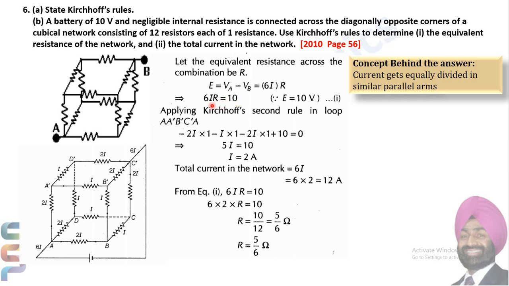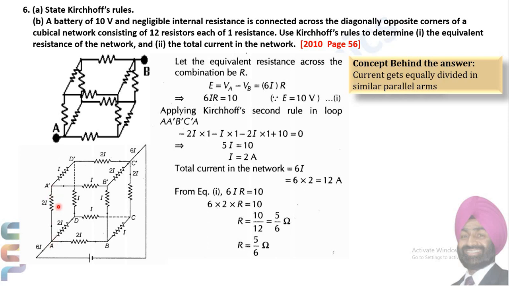So we have to solve for I first of all. What is I equal to? So we'll apply Kirchhoff's rule in the loop. You can choose any loop, of course. Now we are moving along A dash, B dash, C dash and back to A. So when you go this way, you are moving along the current. So this is one of the ways to write. If you are moving along the current, you can choose the positive sign here. So 2I into 1 ohm.